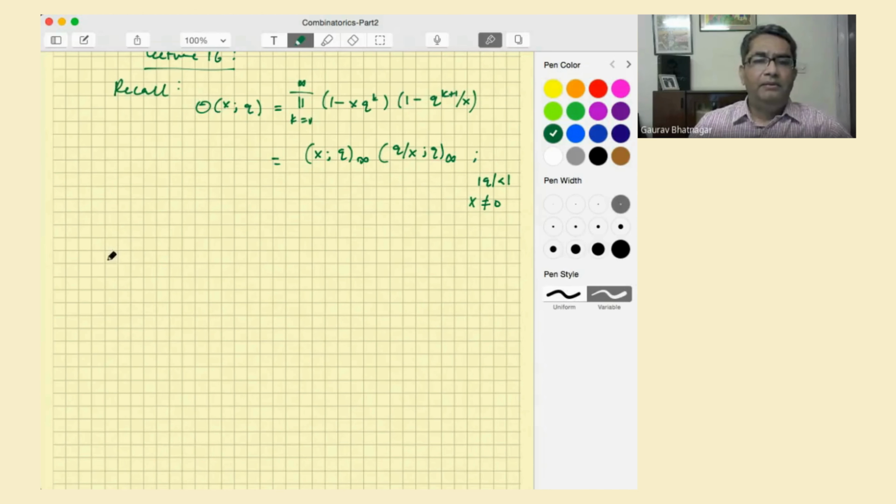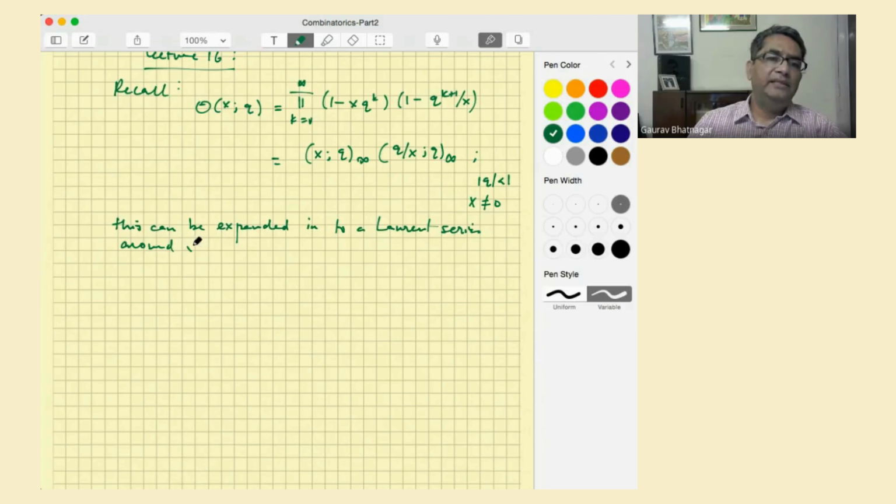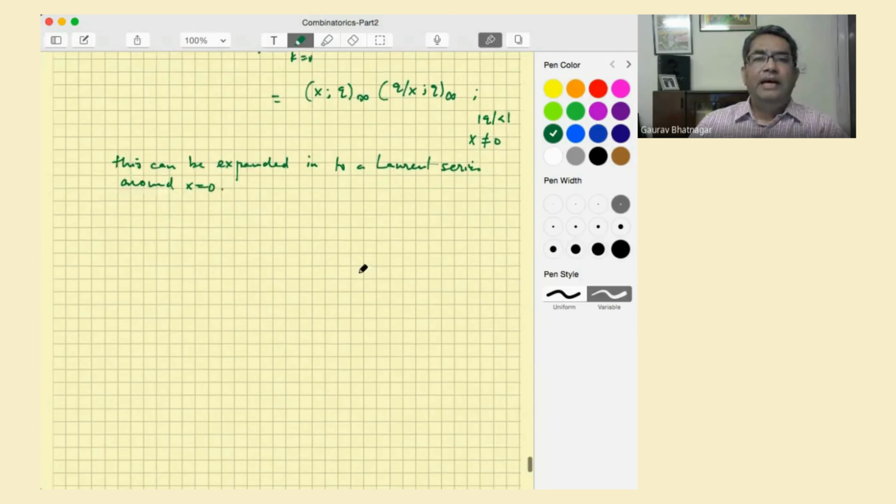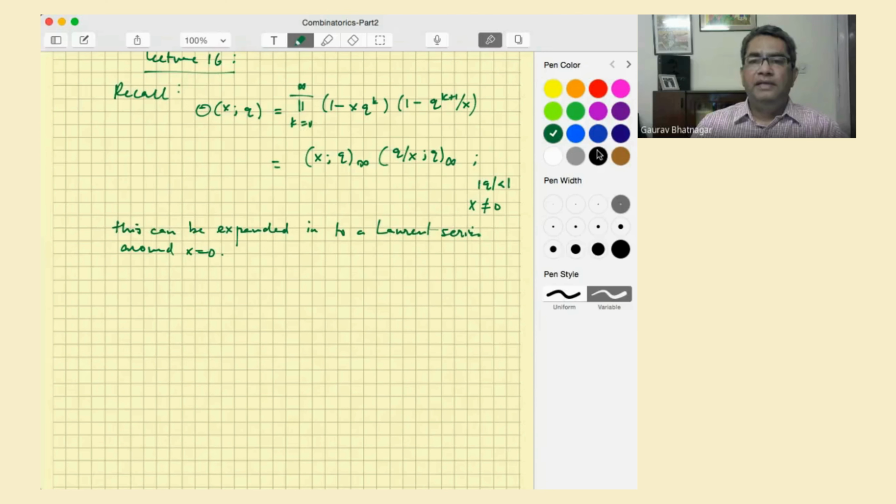So by a theorem of complex analysis, this can be expanded into a Laurent series around x equal to 0. I mean, the basic trick